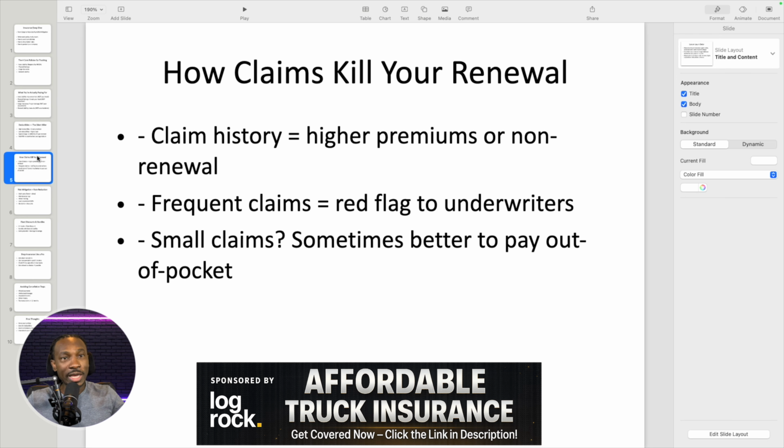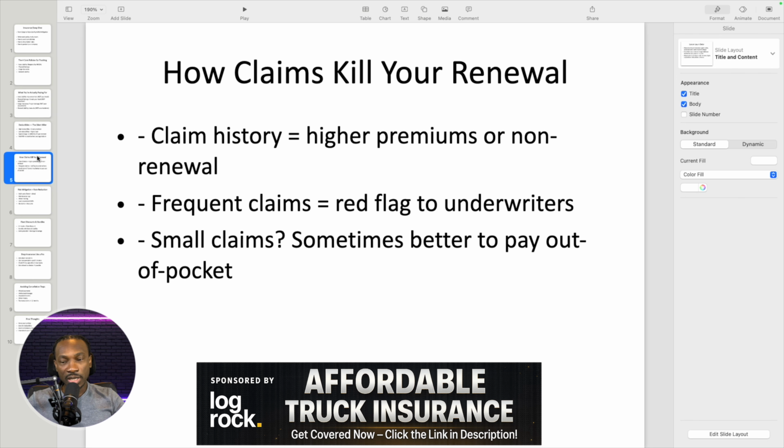Do you have a lot of claims? Are you getting into accidents frequently? If you're doing, let's say, local work in your box truck, is there a lot of damage claims to property? Like if you're doing final mile, how frequent are they? Because these are things that underwriters look for when they're writing the policy, or if they're going to approve and give you a policy.